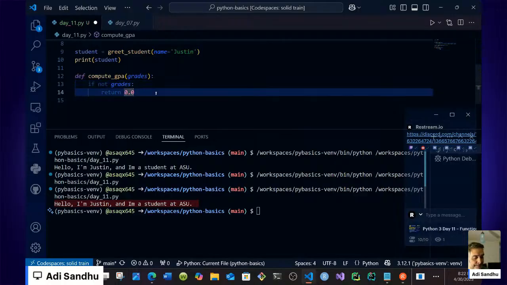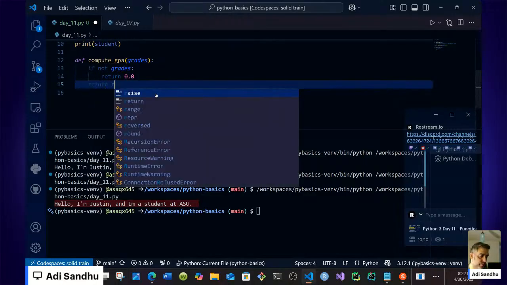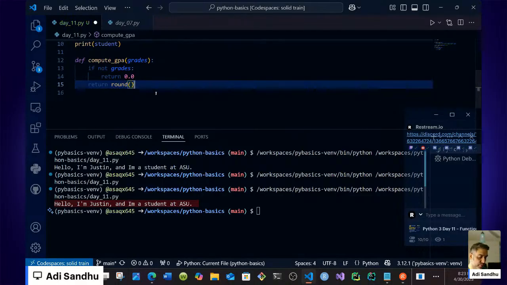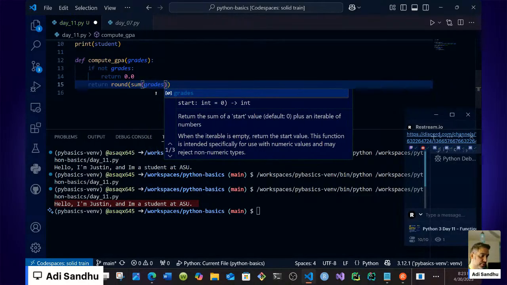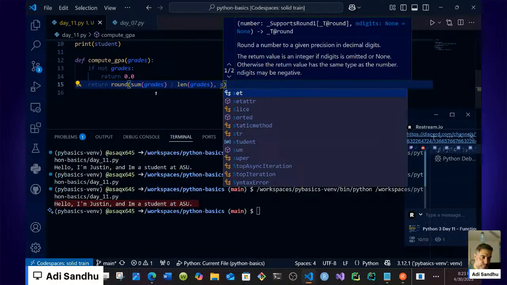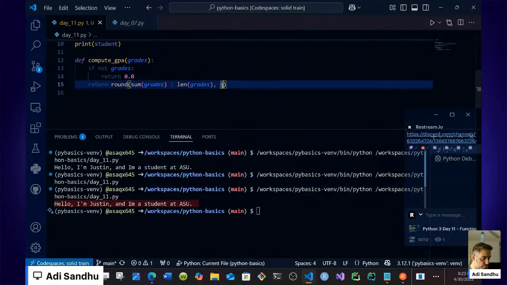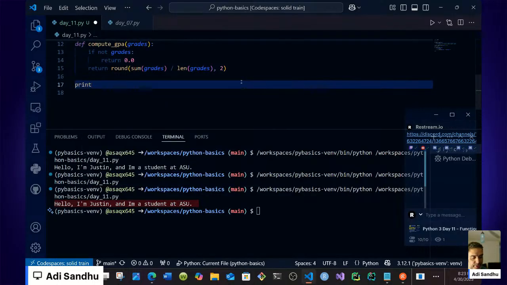Like that. Return round sum grades. We have to put an integer here, right? So we're going to print